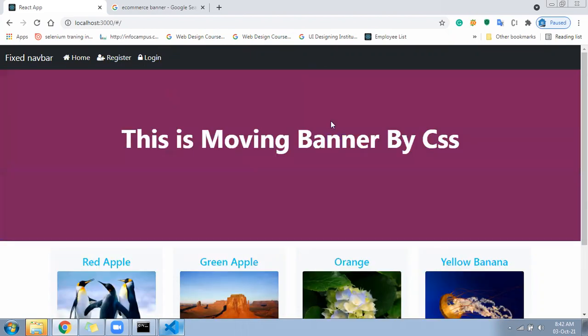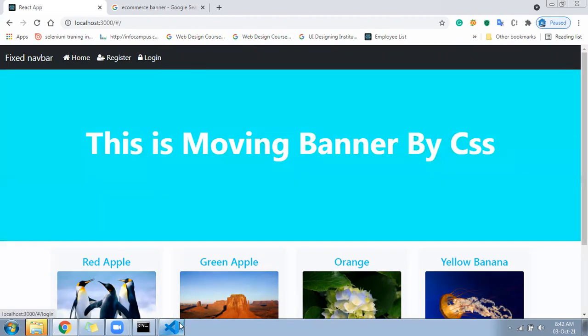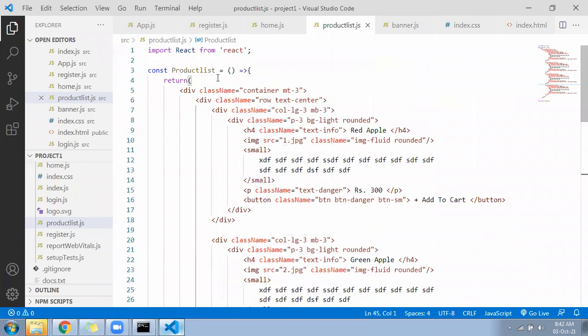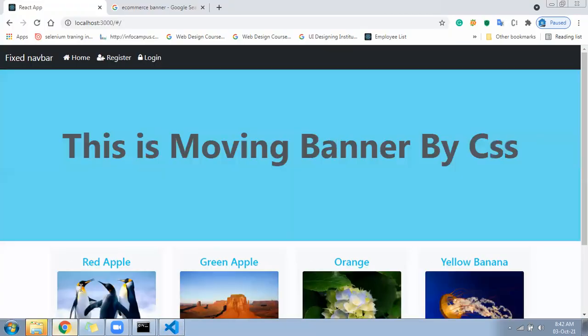Okay, let's go next. Create a next component called cart component, C-A-R-T. Product is coming, static page, this all will come dynamic.